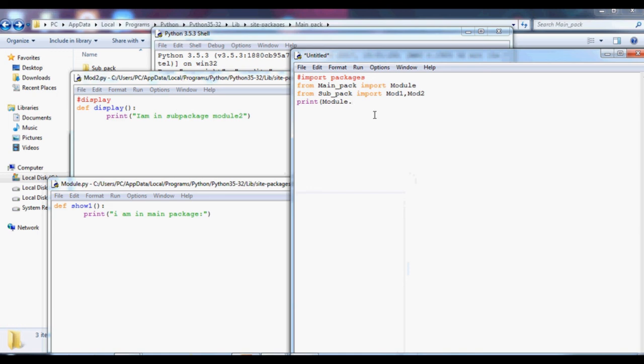Module dot show one is my function, that's the definition. And next print mod 1 dot show, print mod 2 dot display function. So I have created a display.